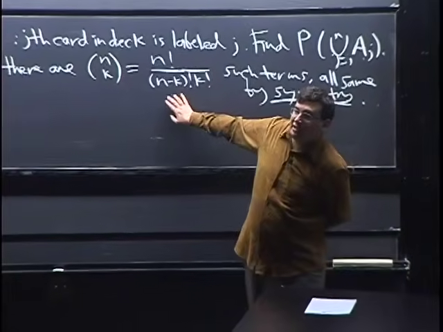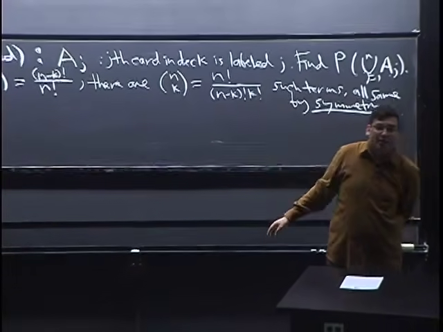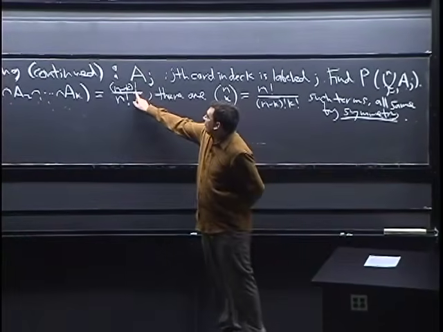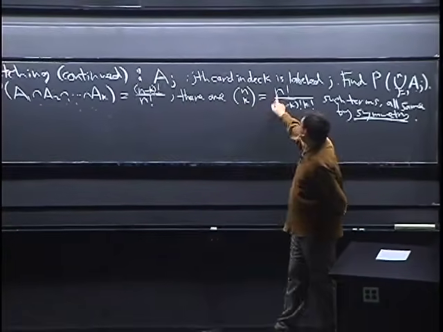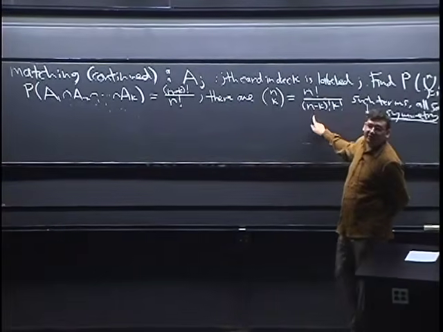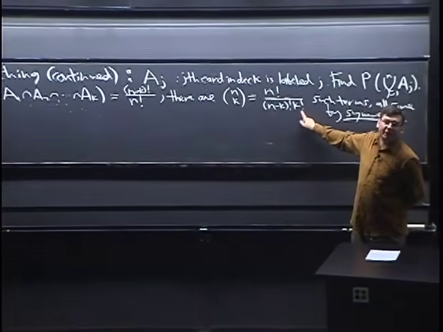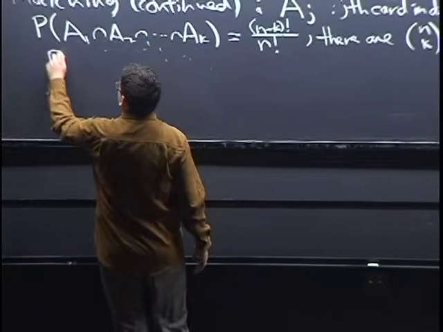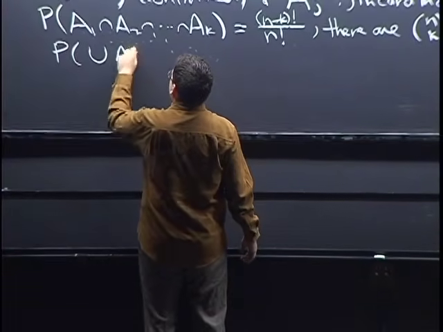And now that this makes it easier to see than what I wrote last time, easier to see why it's going to cancel into something very nice. Because we have n minus k factorial over n factorial, we have n factorial over n minus k factorial. It cancels. The only thing that's left is the 1 over k factorial. So now by inclusion-exclusion, it's immediate that the probability of the union